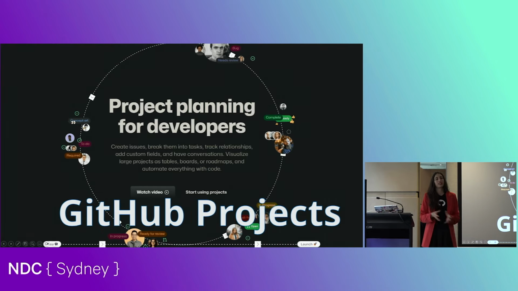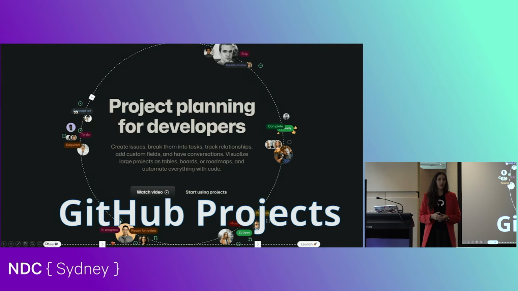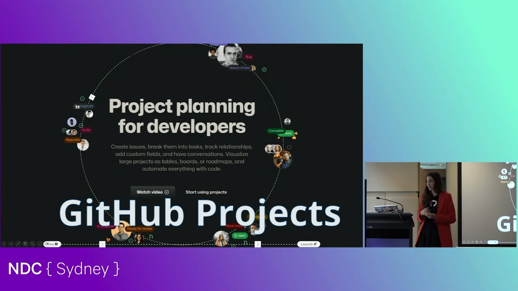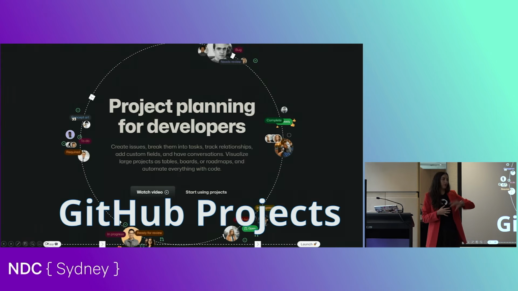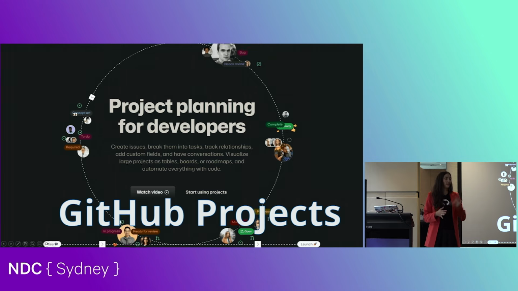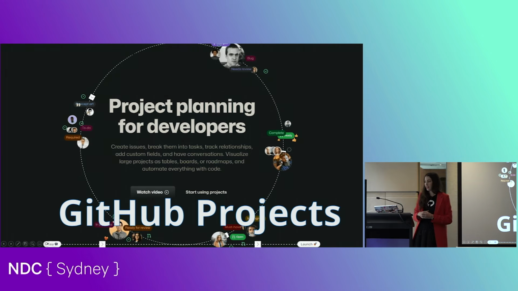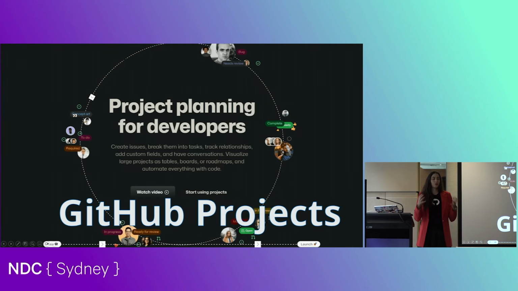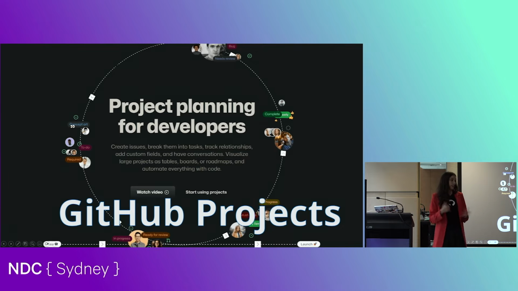So GitHub Projects sits under this larger banner called GitHub Issues. GitHub Issues is what drives and powers GitHub Projects. So this includes all the different GitHub Issues features, planning, tracking, and then right through to all our different project management features, right? So how do we actually use GitHub Projects to plan, manage, and build something, or in this case,